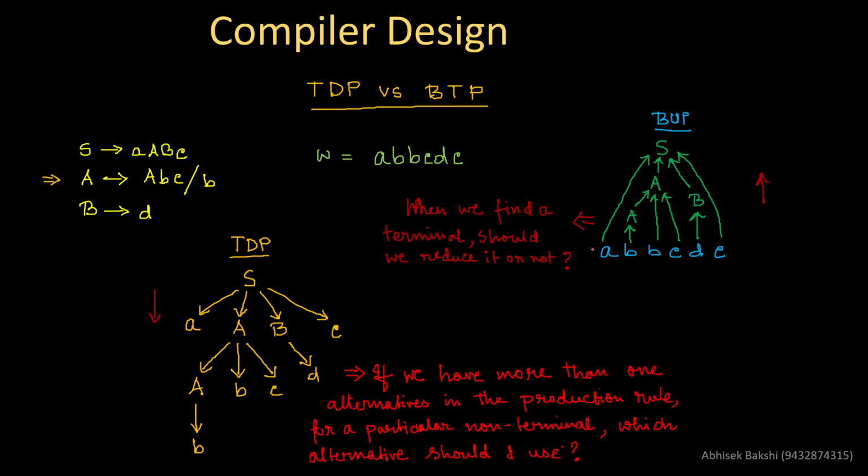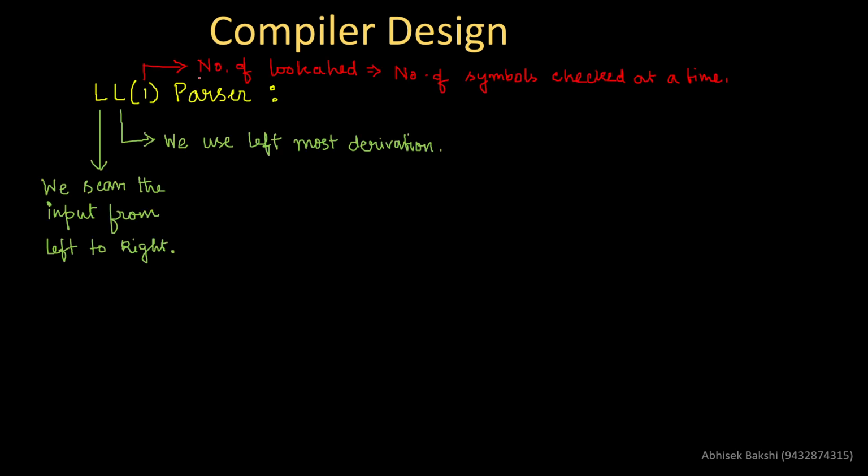If I want to do the parsing of this particular string with the help of the LL1 parser, the LL1 parser will check the characters one character at a time, because the lookahead is actually one. But it is not always true. It is true for the LL1 parser only. For other parsers, maybe the lookahead changes. We will see that when we go through the other parsing techniques. There you will see this number of lookahead may vary.